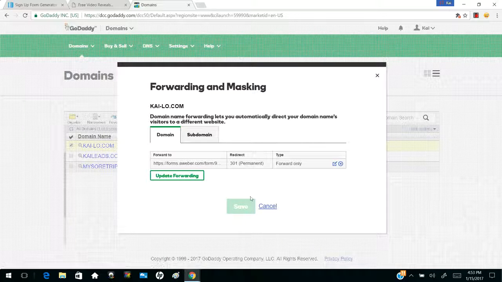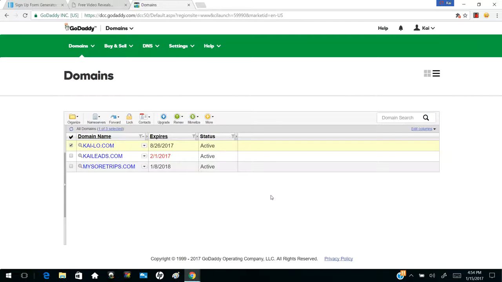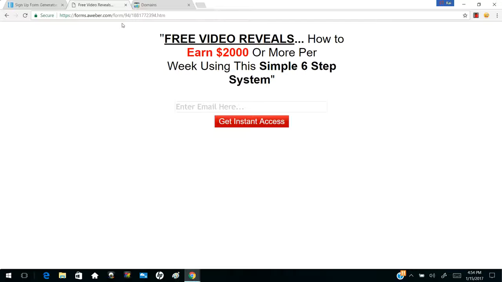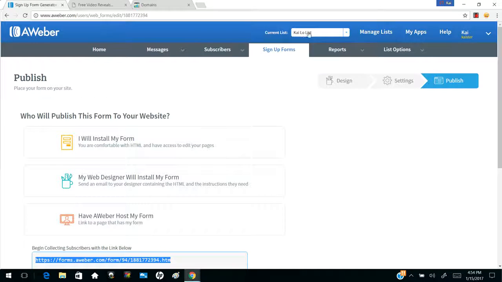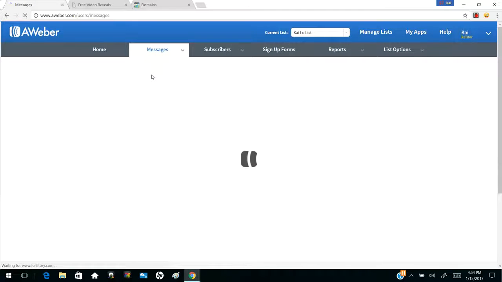Okay, so once you save all that, your domain is good to go. It might take about half an hour, sometimes quicker, sometimes within 5 minutes. Your link should work. So when people go to my kai-low.com, it takes them to here, and then they fill out their email. They don't get a confirmation because I turned off confirmation. It would just send them that first email. So the first email that they get in my series, in my business,